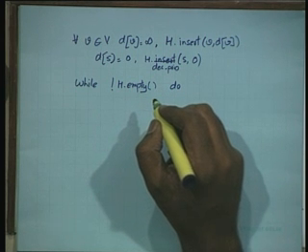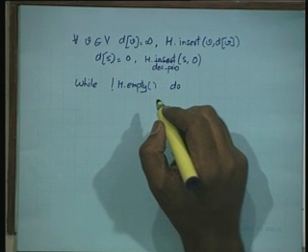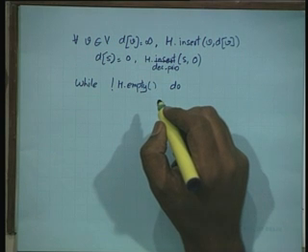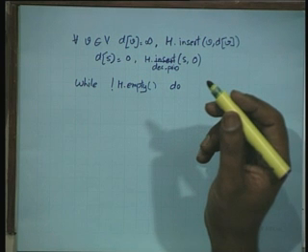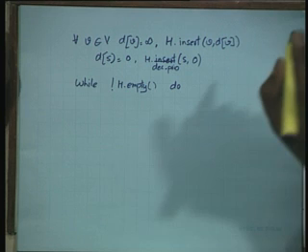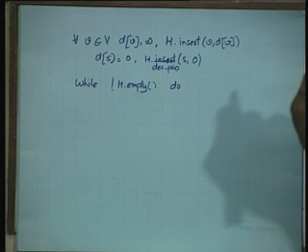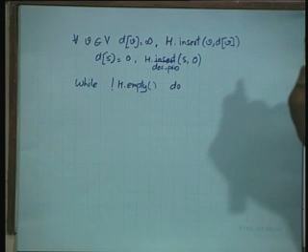What should I do? I should remove the minimum. Right? Did I also remove the minimum in the case of Prim's algorithm yesterday? Or we just did a find min, right? That was a mistake. Please correct that in your notes. We don't just have to do a find min, we also have to remove it from there, right?